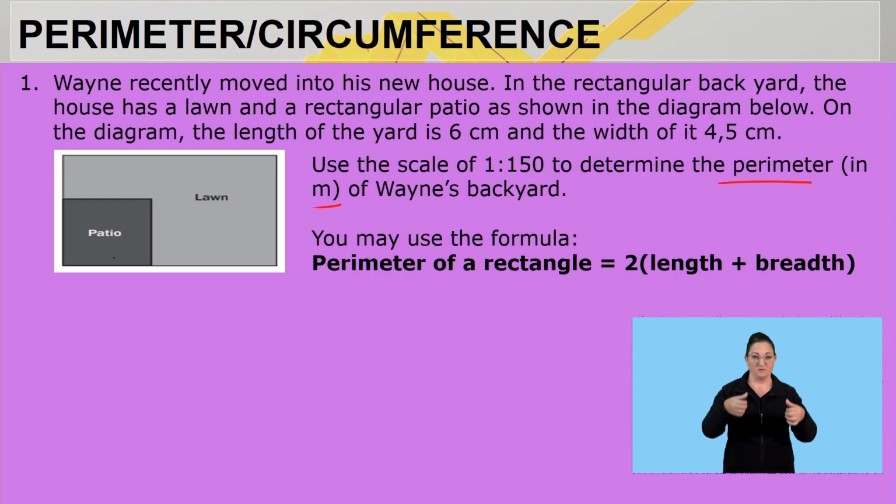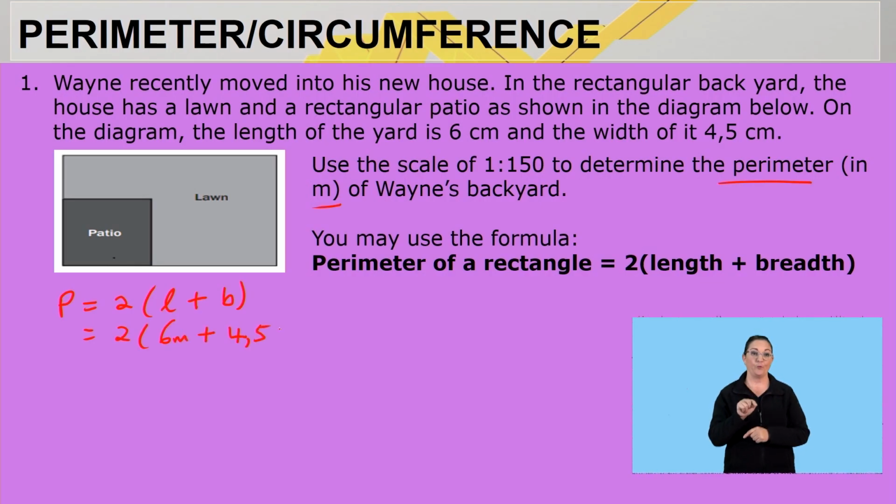Looking at what is presented here, I will first start by writing down my formula, here at the bottom. Perimeter of a rectangle equals 2 times my length plus my breadth. Now, step number 2, I will substitute into that formula. I keep the 2 here. The length is 6 centimeters, plus your breadth here is 4.5 centimeters. So I will quickly simplify that. Remember, I keep the 2 here. So I'll say 6 plus 4.5, and it's important for us to show all the steps here. That will give me